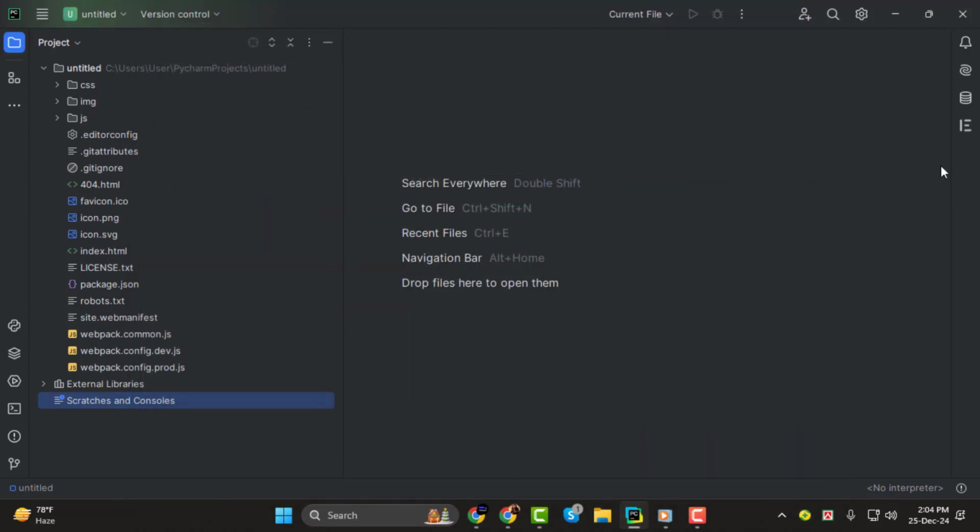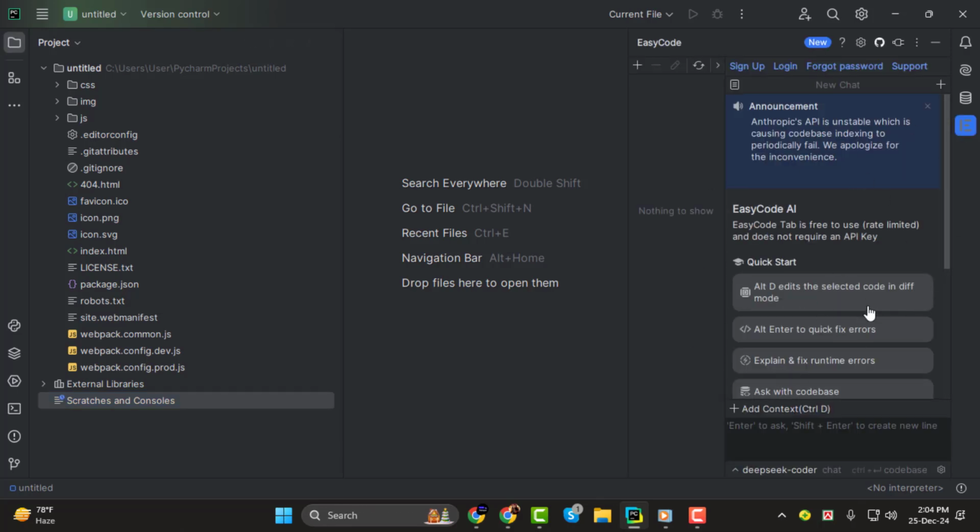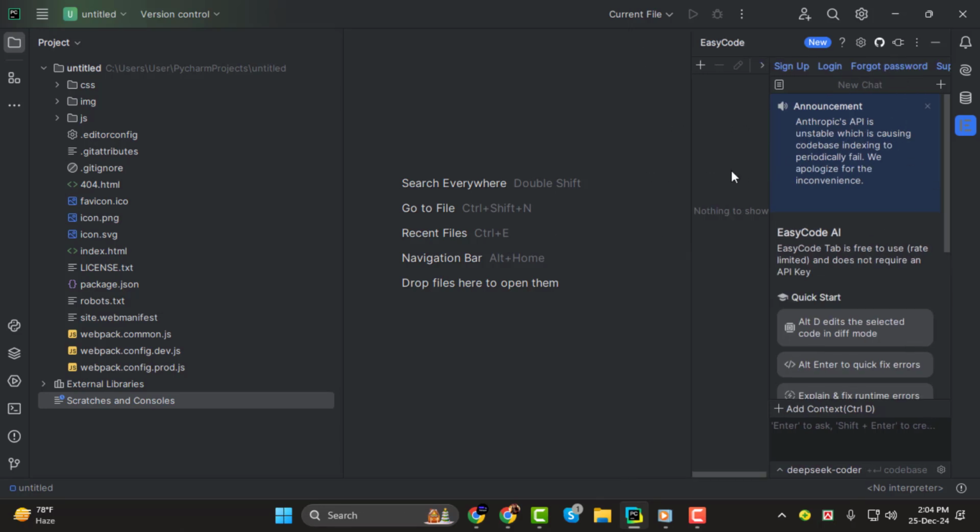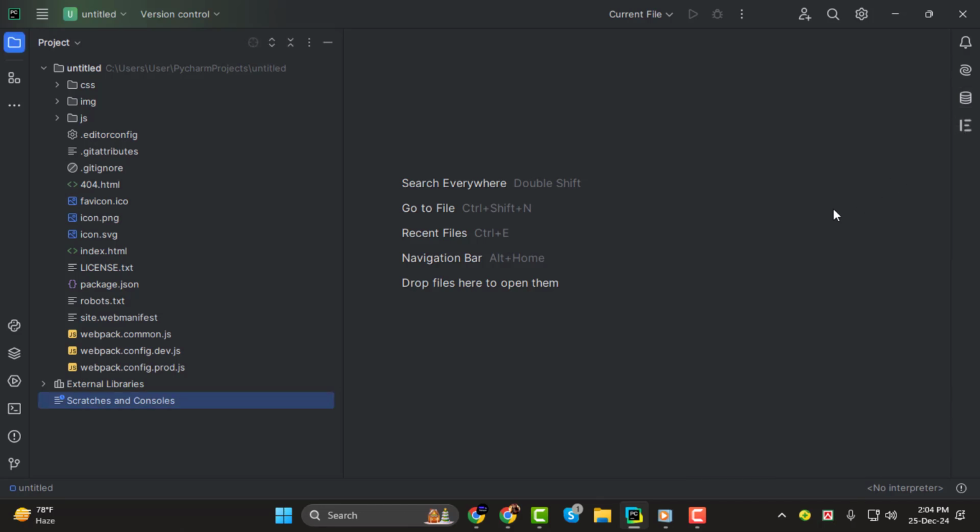Step 3. After applying the changes, you'll notice the ChatGPT Bot panel has been added to the right-hand side of your PyCharm interface. This means the integration is now active, and you can start using the bot directly within your IDE for tasks like code suggestions, explanations, and more. And that's it! You've successfully added a ChatGPT bot to PyCharm, making it a powerful tool for your coding